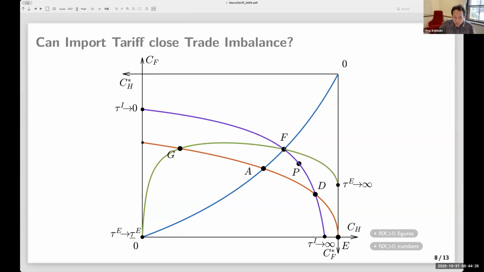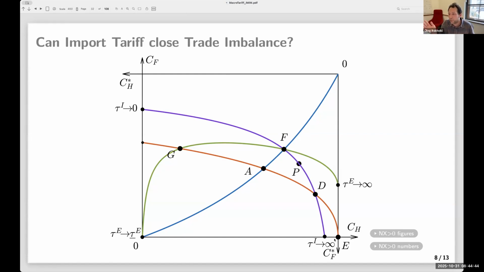And so it either requires import tariff and moving in this direction, or export subsidy and moving in that direction. And so the set of things that you can spend with import tariffs and export subsidy are just different. They only intersect in the free trade point, right? And by the way, note that with one instrument alone, autarky is not possible.